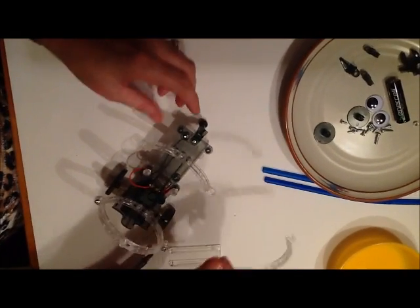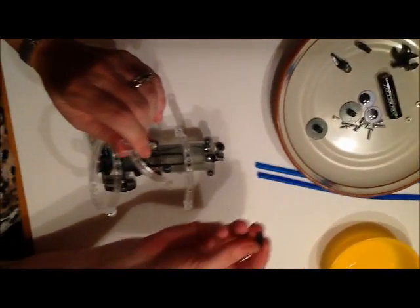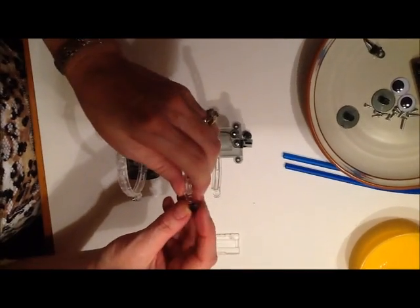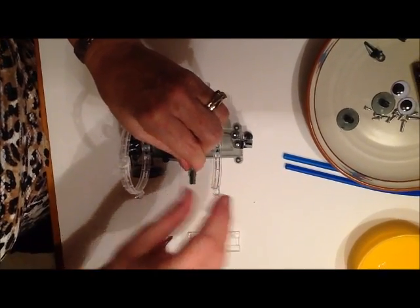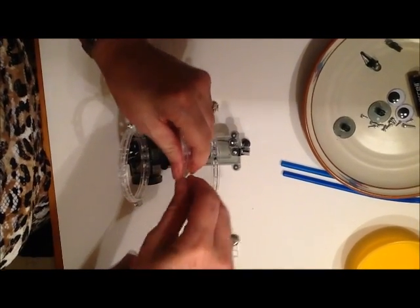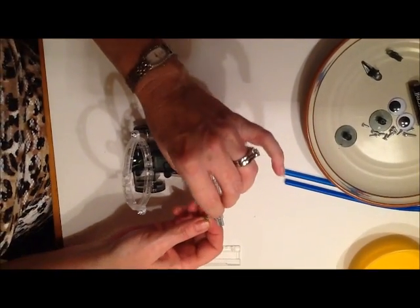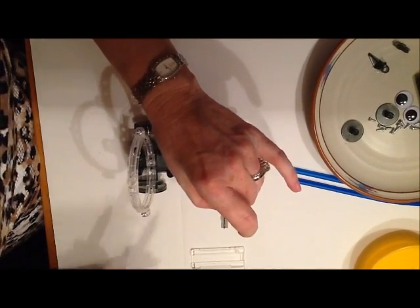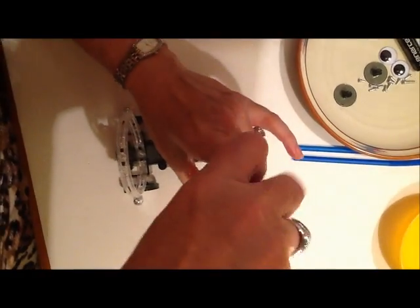Now it's time to put the other half of the body ring on, but this time you're going to need to put your straw attachments on as you're doing this. So I'm going to put this right on top of this hole, get my bolt, put it through that, and then I'm going to take and stick it right in my hole, and I'm going to line my bolt up and then take my screwdriver and try to hit that bolt so it screws on,